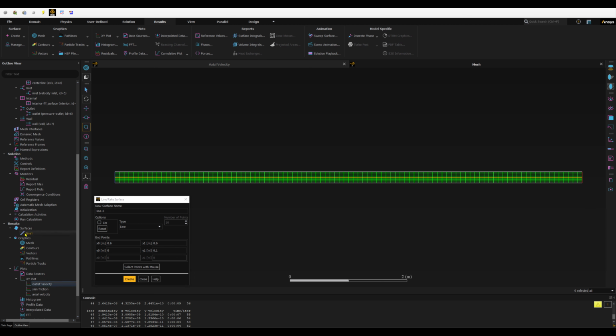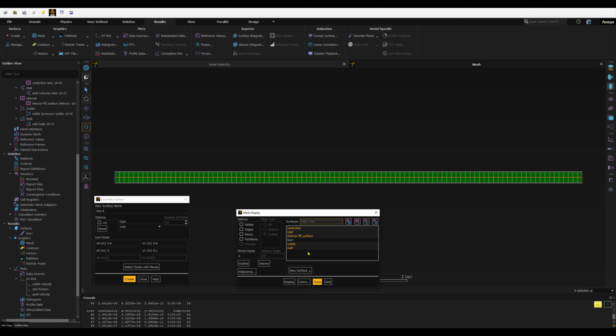So I will create this line here. You will have this one here also, and also in the mesh you will see this line now here. So I will select this one. You can see I've created this first line here. Similarly, I will create another line. So I will go to the line rake again. I will call it line 2, for example. And this time I will change x point 0 and point 1. So I will change this one to 1.2